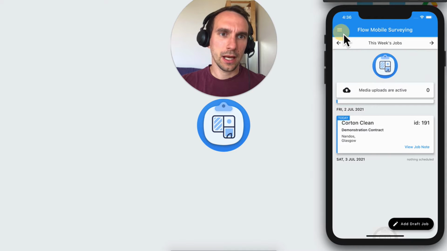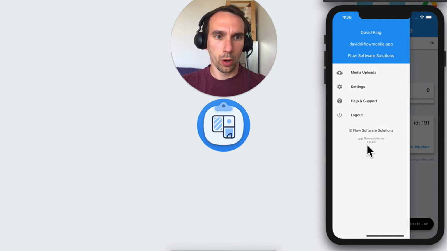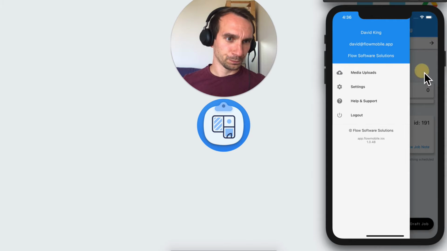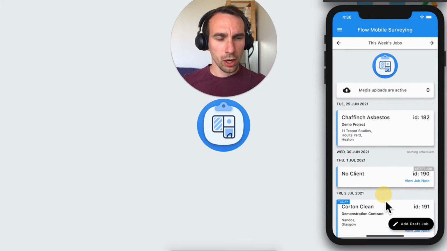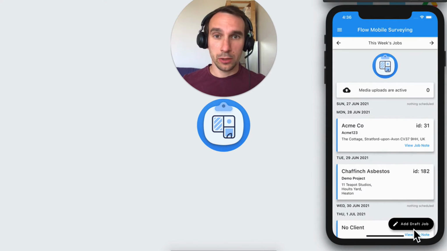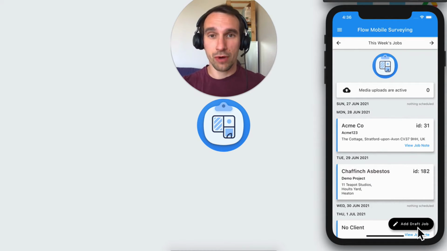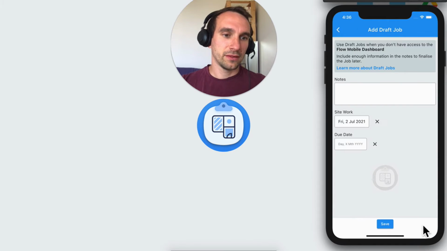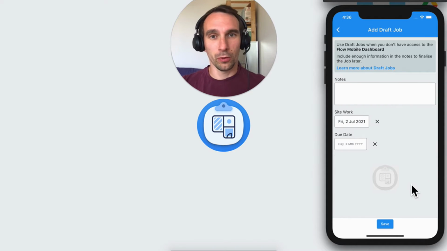So here I'm running version 1.0.48. That's currently available on Android, busy being rolled out, and should be available on iOS in the next day or so. So in this feature, on the home screen here, basically there's a new button, Add Draft Job. So you click this and we have a super short form that allows you to create a job while on